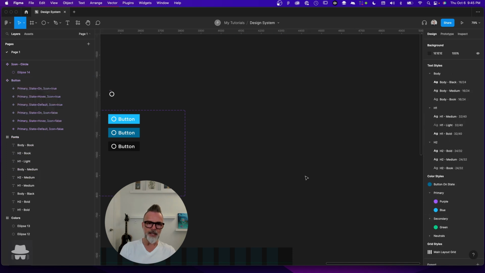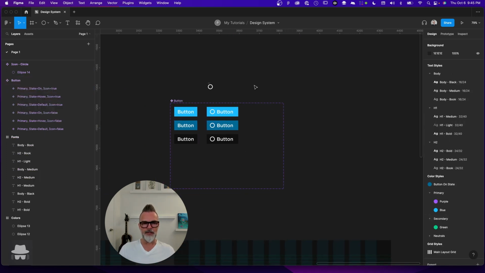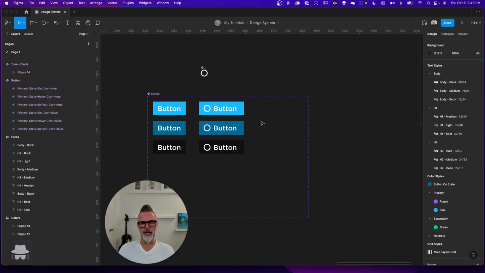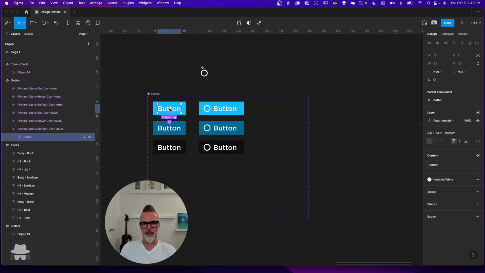So let's just go ahead and kill those, and we'll stick with the variant version of this for the time being, and I'll show you how to mix variants and properties to kind of get the best of both worlds. So another place that you can add a property in here is text, for example. So if we go in and we select this text,